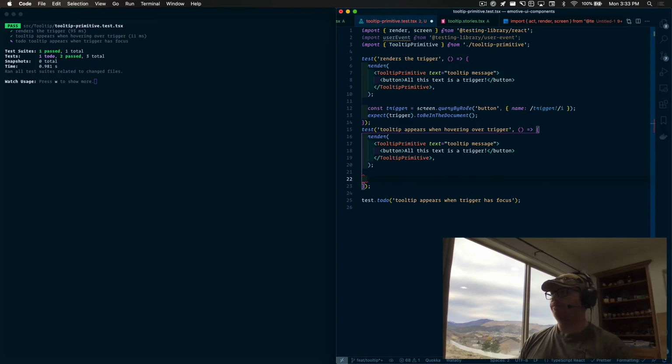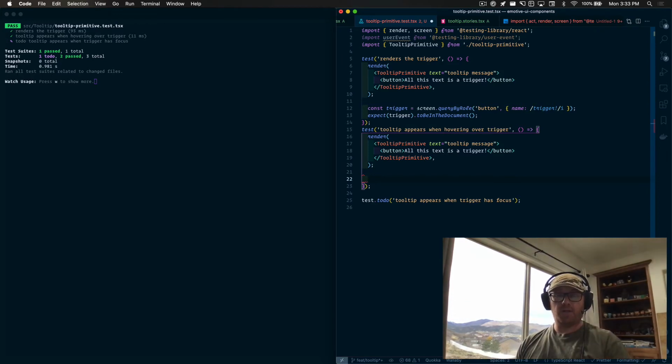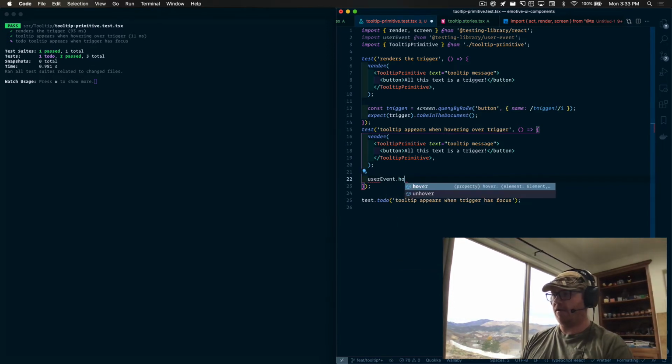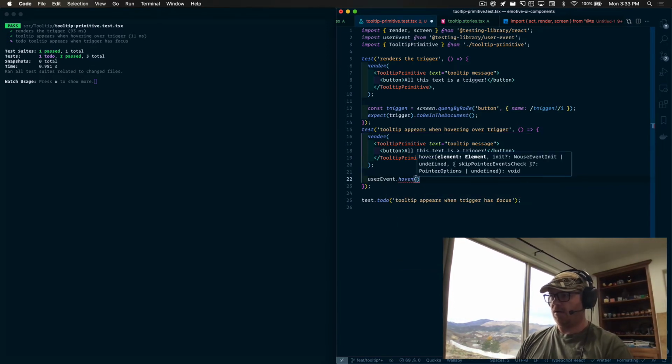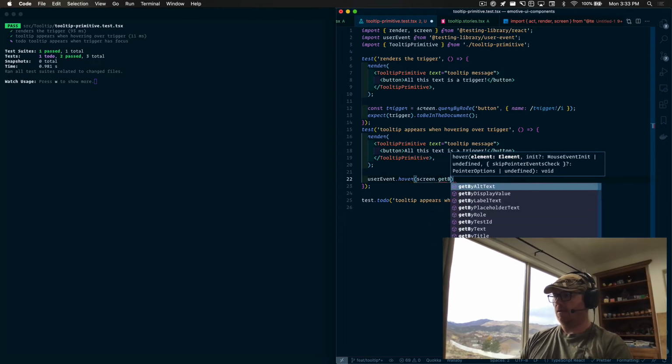Now here, we need to be able to do a couple of things. We need to be able to see, first of all, that the tooltip is not present. Then we hover over our trigger and see that the tooltip is present, and then let's just go to that point. So let's actually start with the simpler one. So we'll start with user event dot hover. Oh, and then we need our element. Well, what's our element? It's screen get by